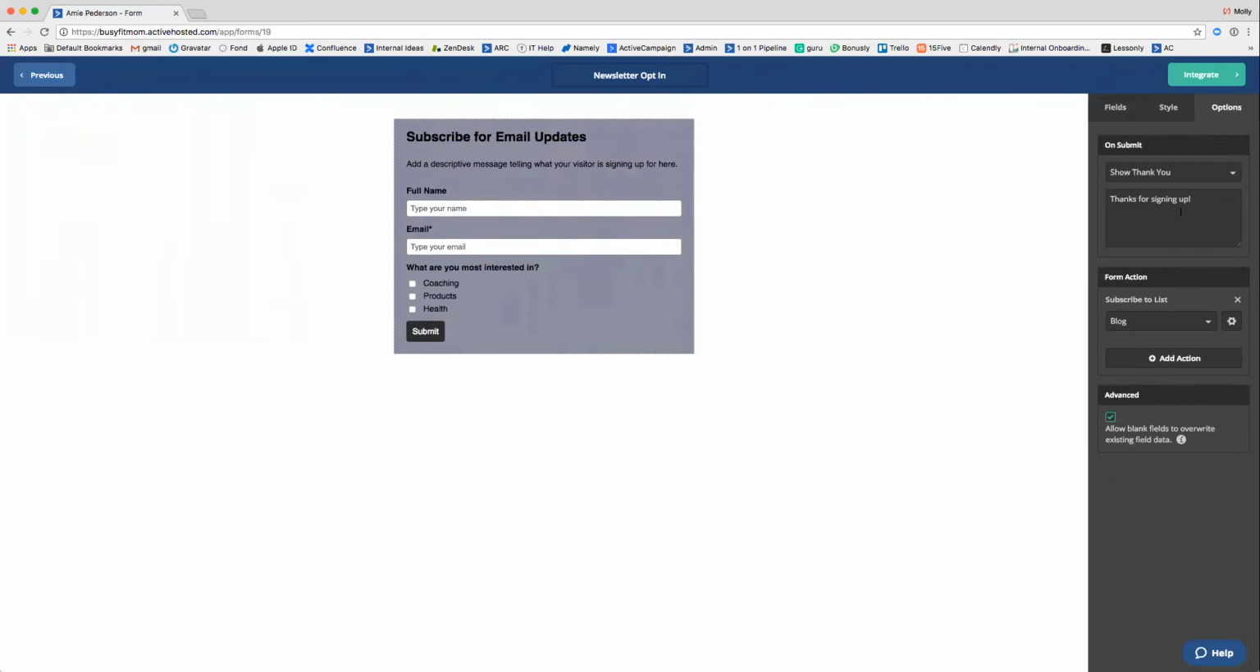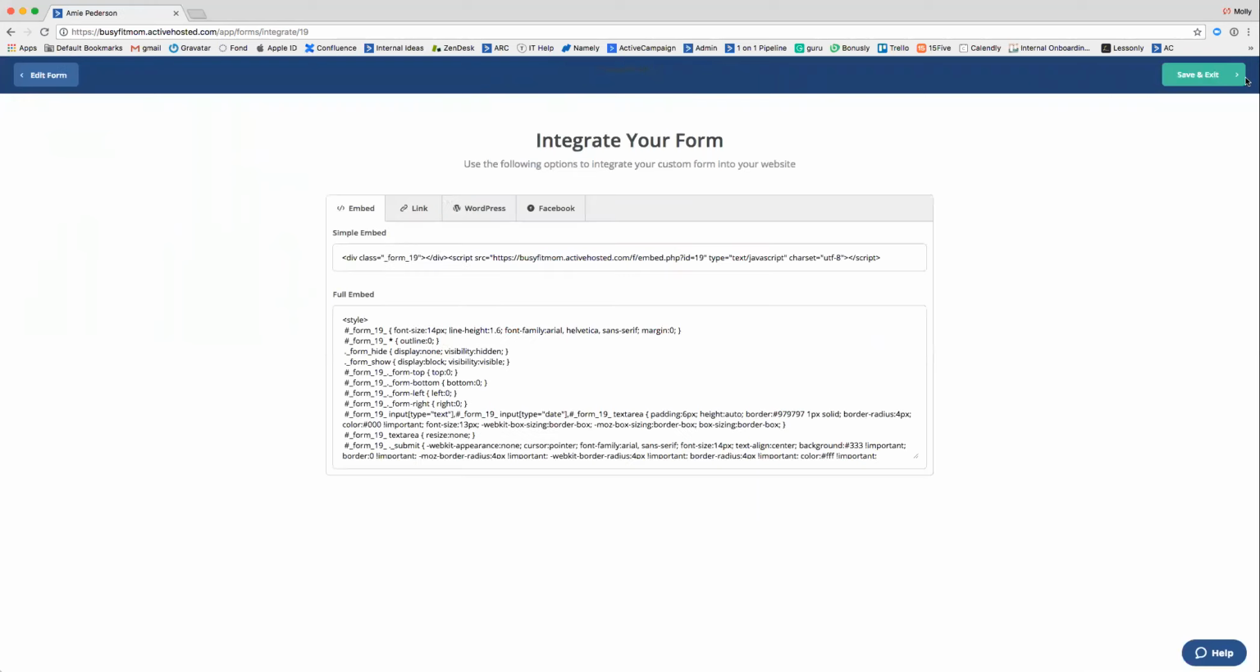Okay. And then this is all looking good. And then you would just click integrate up here. Wonderful. And a couple things to note here. This simple embed is typically the best option because any changes that you make to the form will automatically be updated with this simple embed, meaning you only have to put this into your footer or header of your website